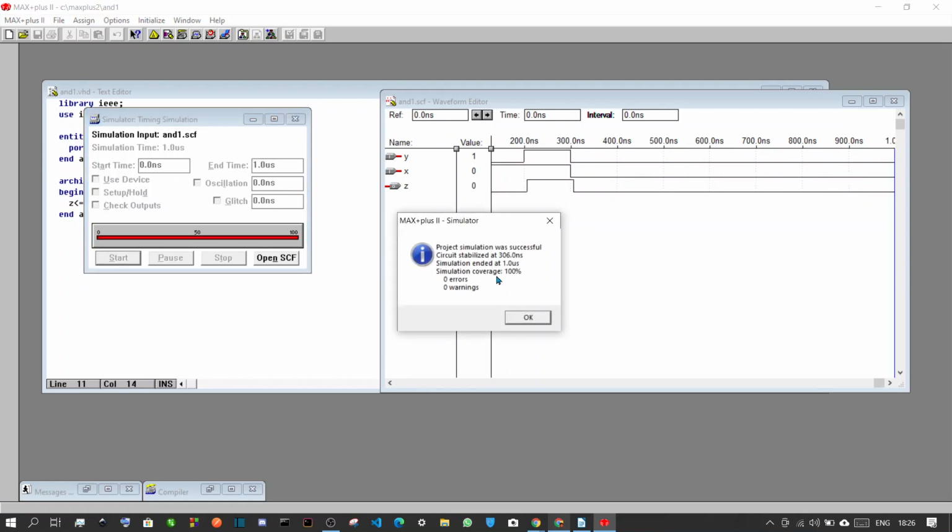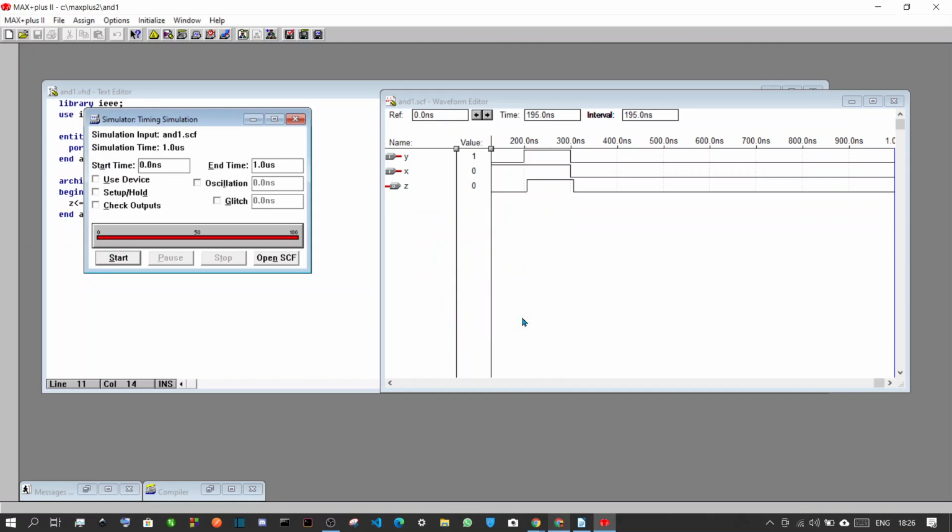So the project simulation was successful. Circuit is stabilized at 306 nanoseconds. Click on OK, and now you can see the output. The Z out bit is showing us the output. When Y was 1 and X was also 1, we got 1.